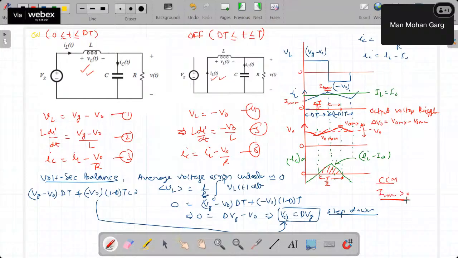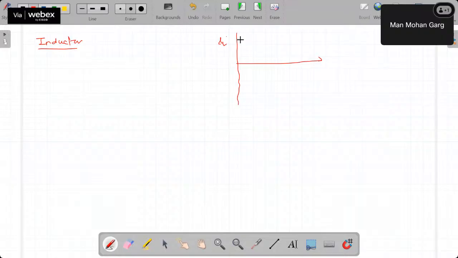So this is our inductor current, IL maximum, IL minimum. This period is dT, and this period is (1 minus D)T, and the total period is T. Okay, so if I want to take the average of this waveform,